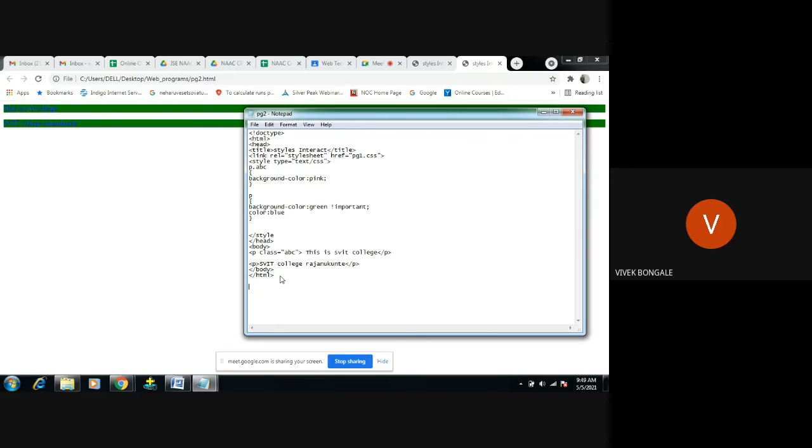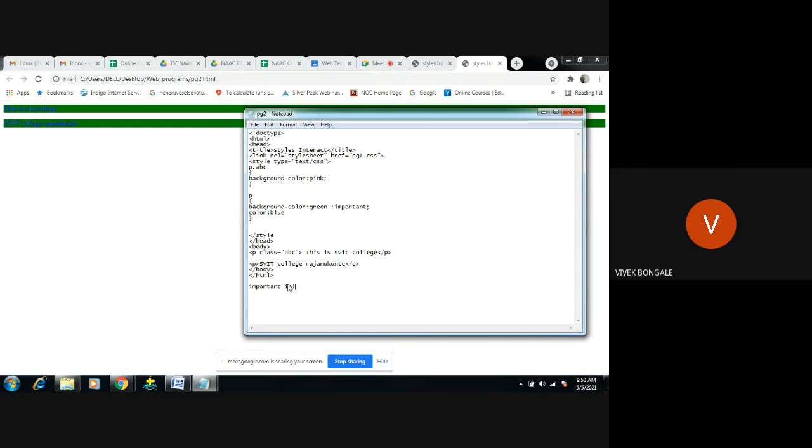In the same way, the browser has some precedence rules, some specific rules. First, it will give more importance to the important keyword, the exclamation mark important. If we use this keyword anywhere in a style rule, that style rule will be applicable for that code.